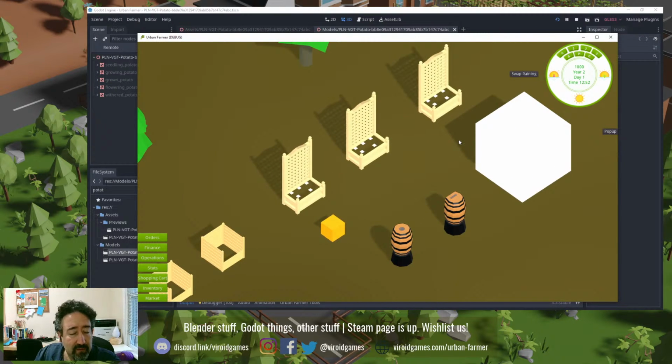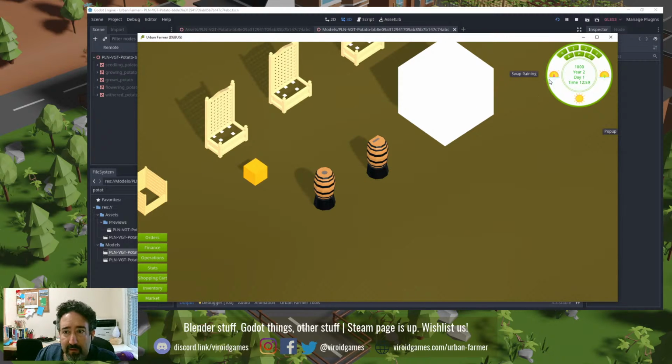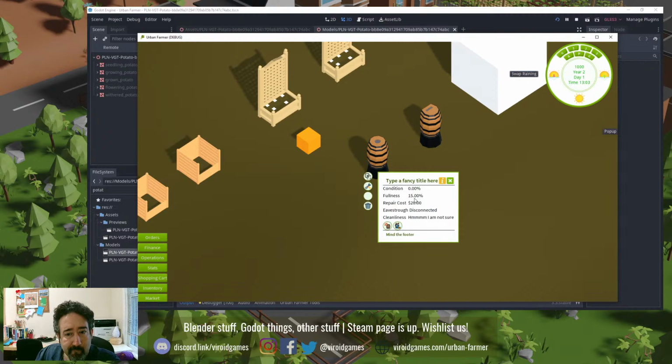But we are working out the mechanics so far. This is actually 15% full. This is 2. Let's start the raining. I believe we broke this. This was getting fuller by the... Anyway, let's try to move this